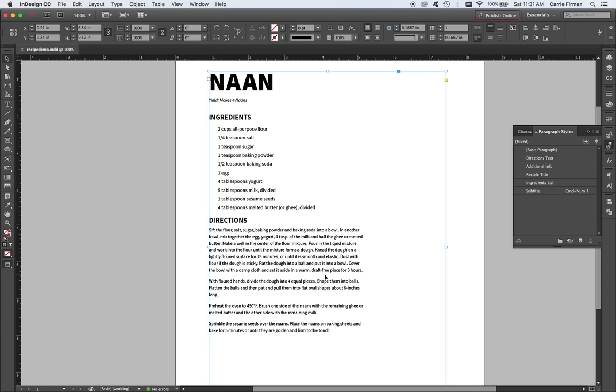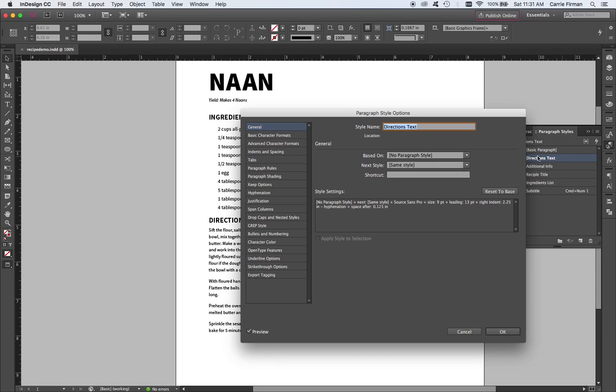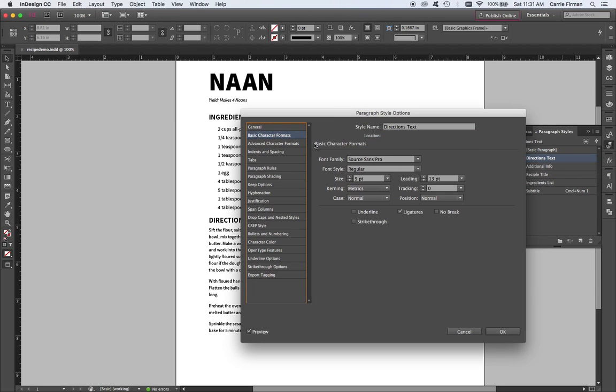Let's say that I kind of put this away and came back, or you're working with someone else's file, and you decide that the directions text, after all, maybe you get the feedback that that should be a serif typeface, which are generally considered a bit better for reading longer paragraphs. So I'm going to make sure I have nothing selected and open my directions text again. Go to my basic character formats,